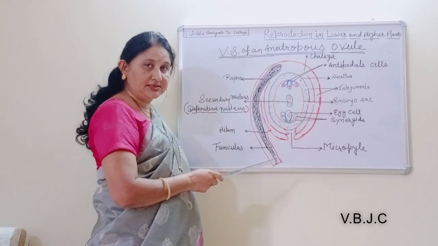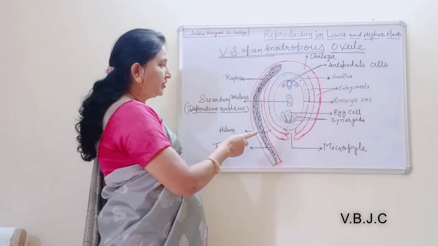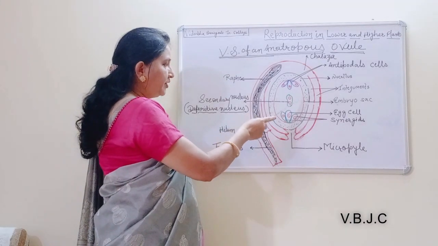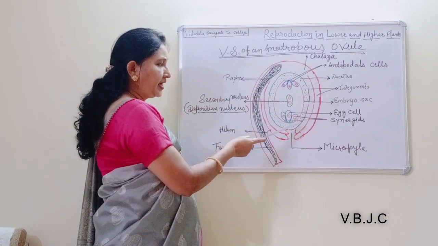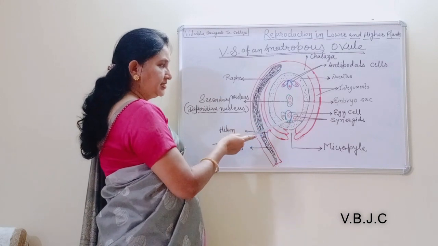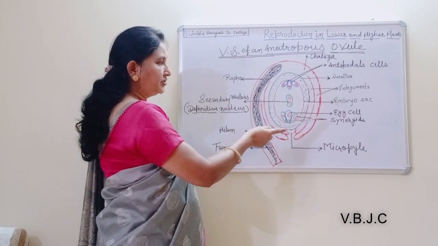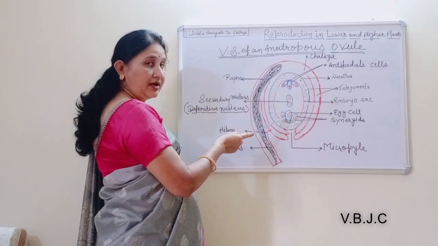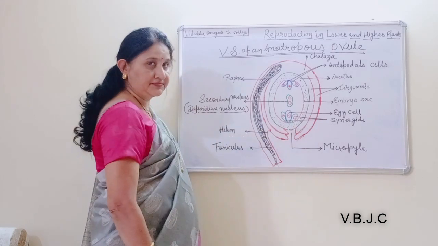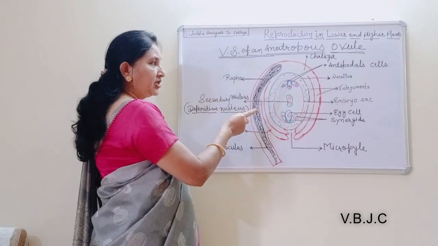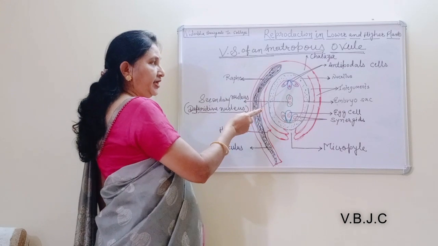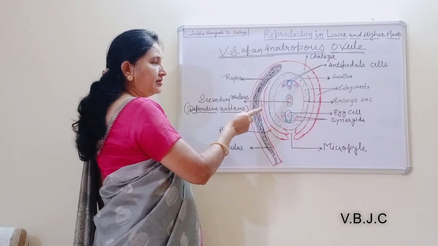You have already studied the development of the female gametophyte, how the female gametophyte or embryo sac develops. Now inside this embryo sac, at the micropylar end of the ovule, the egg apparatus is present. At the center of the egg apparatus is the egg cell, and at its lateral sides are two cells known as the synergids. Then at the chalazal end, three cells are reorganized and form the antipodals, and the antipodal consists of three cells.